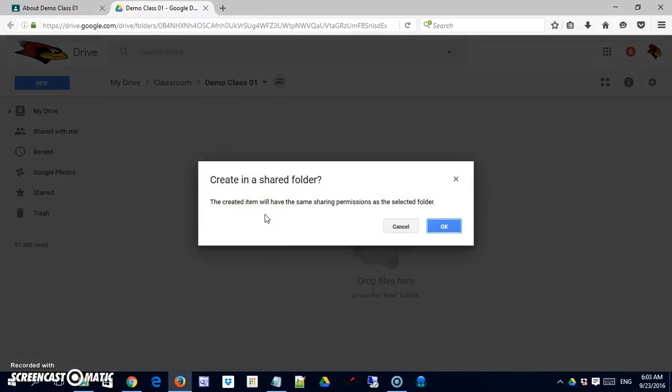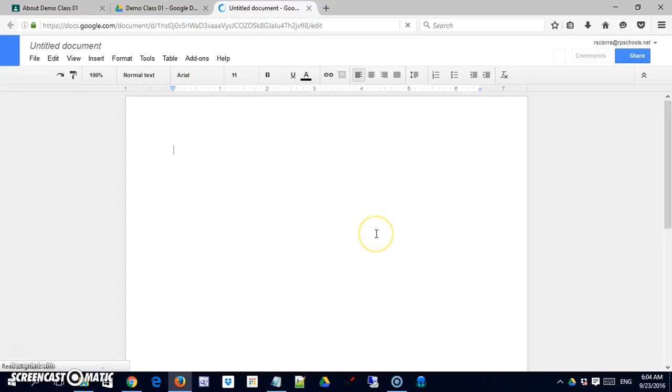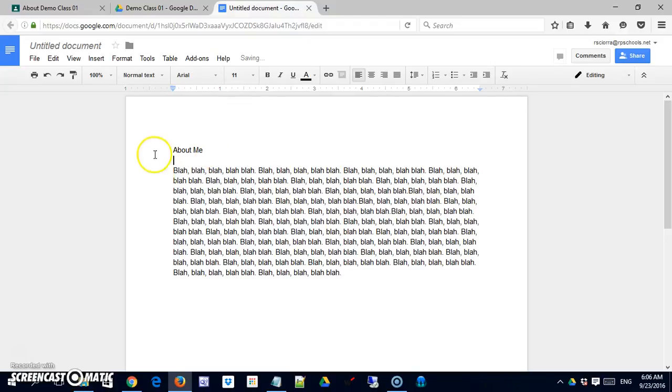It's telling me that when I create this in this space, it will have the same sharing permissions as the Drive folder. So since I'm sharing this with my class, they will have access to it. And that's fine. That's exactly what I'm looking to do. So I say OK. I'll type in some information,